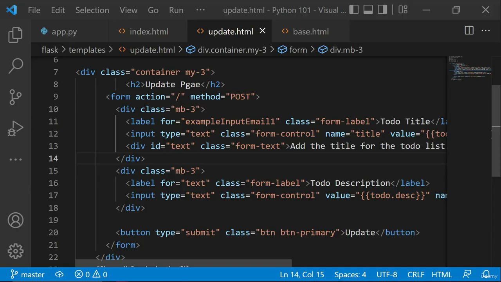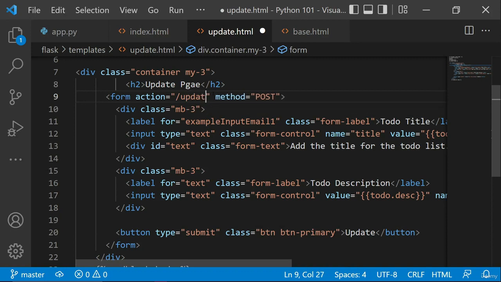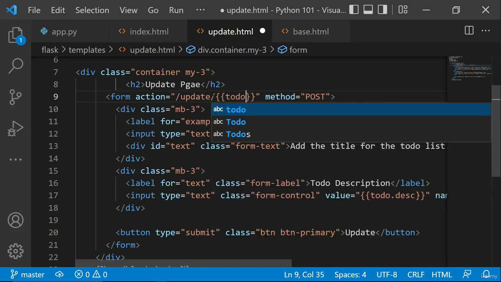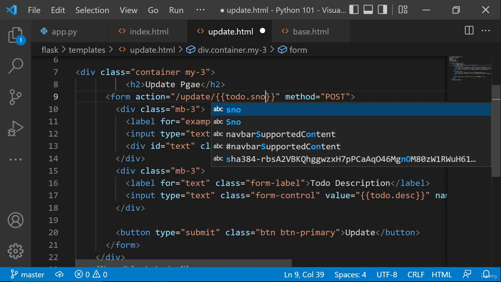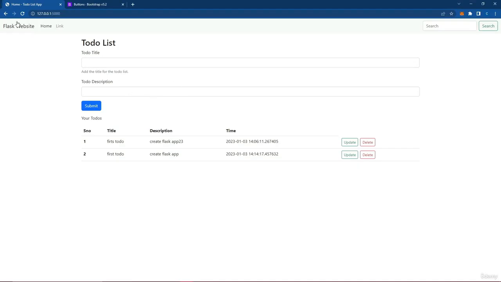So to solve this issue, we just need to change this thing to update, and we will add a slash, and we're going to be passing the serial number over here. So we will do to do dot serial number, SNO, and if I just try to save this, and if we go back to our code,